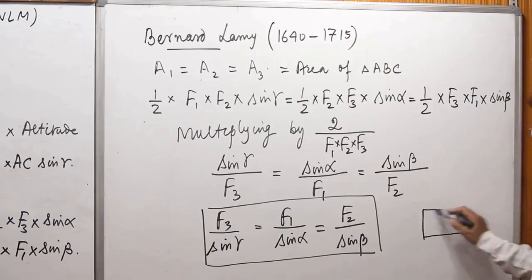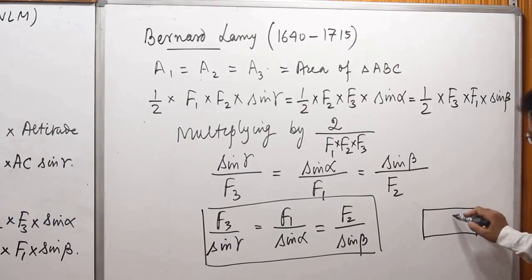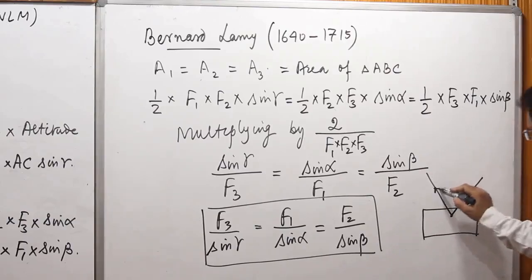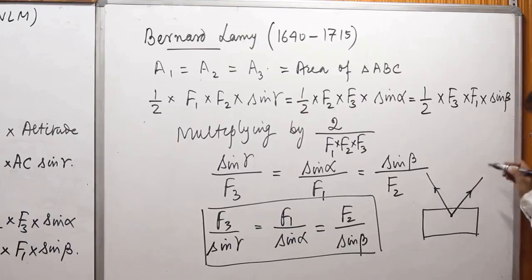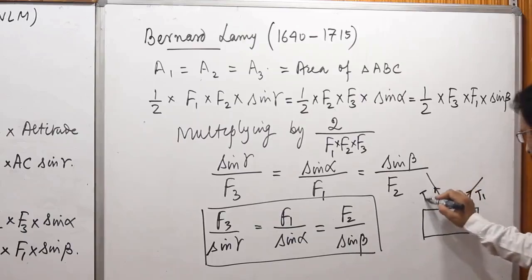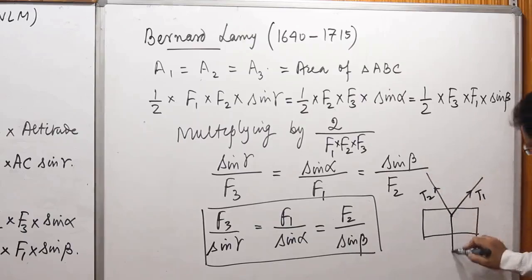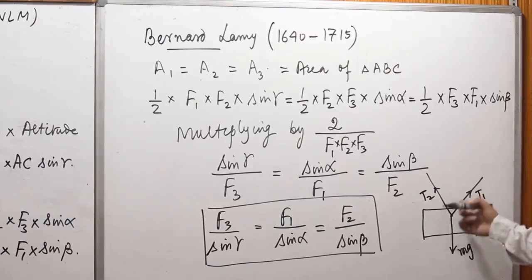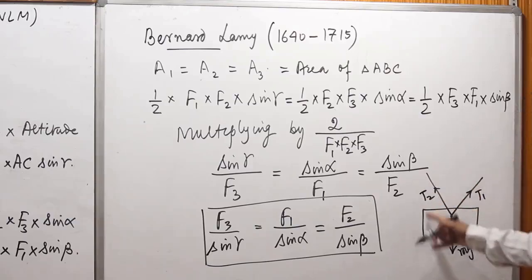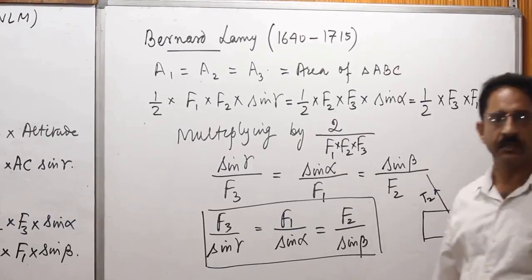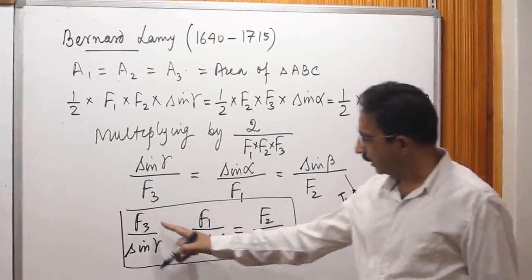Suppose I have an object, this object is a frame, a scenery. We are hanging it with the help of a thread, like this. So these are the two forces. I call them tensions T1 and T2, which are present in these two strings. Then there is a force here, mg, which is the weight acting. Now if these three forces are putting this object in a state of equilibrium, we can use this theorem